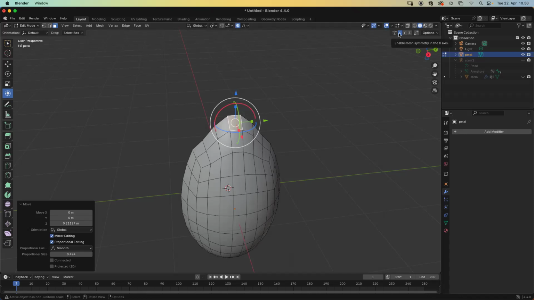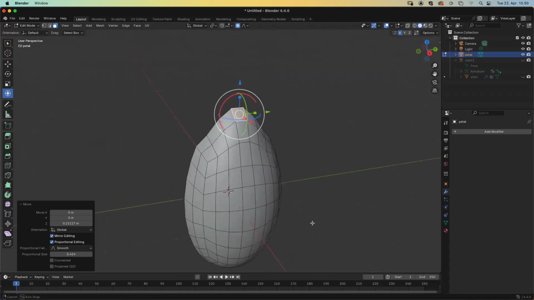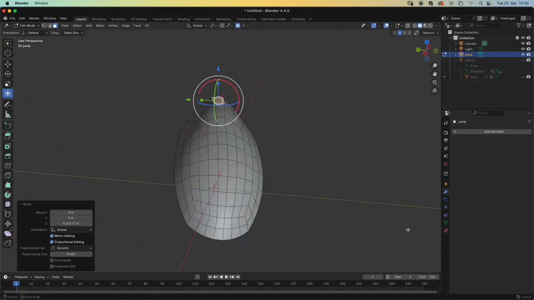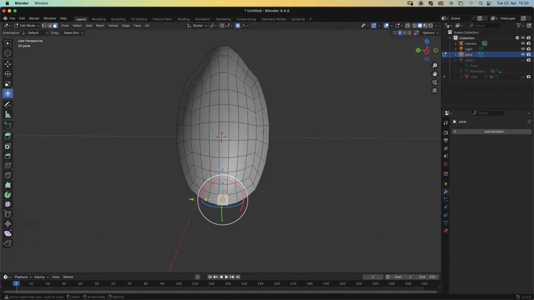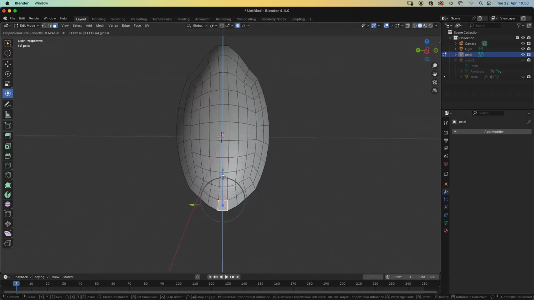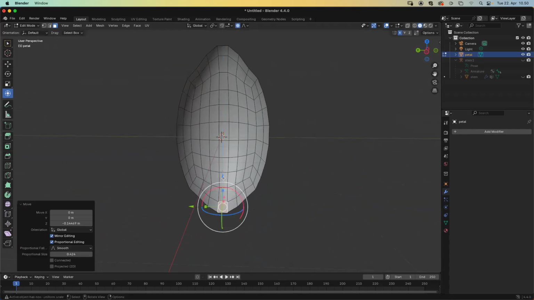And yes, I have also the mesh symmetry here. And I'll do the same with the bottom of the mesh. There. And now I see that the remnants of the cube are a little bit weird here, like these